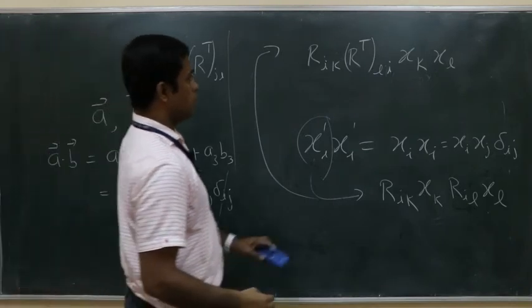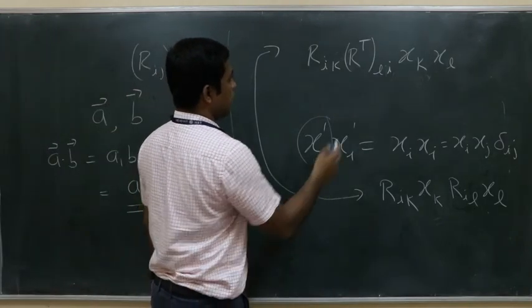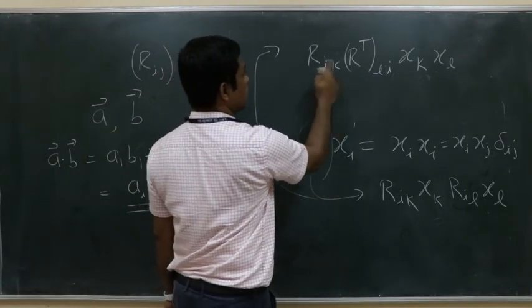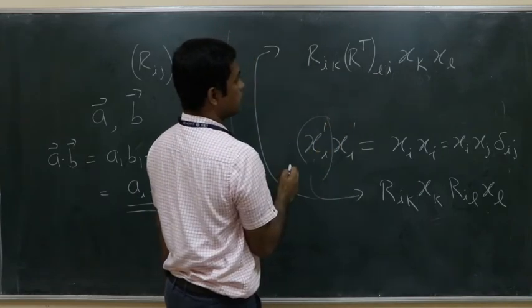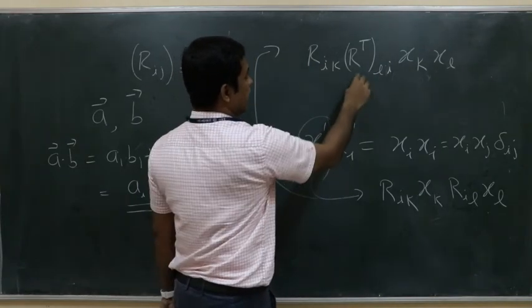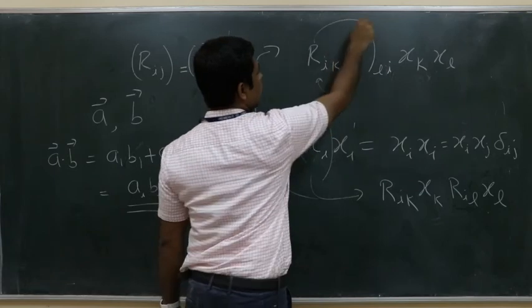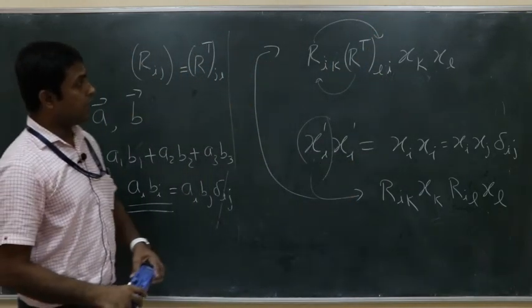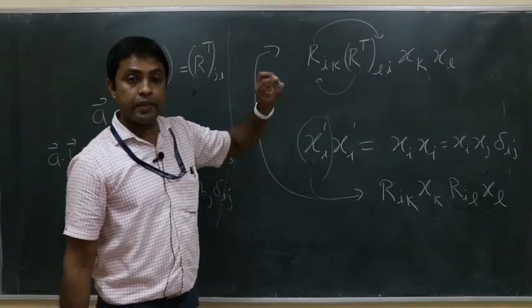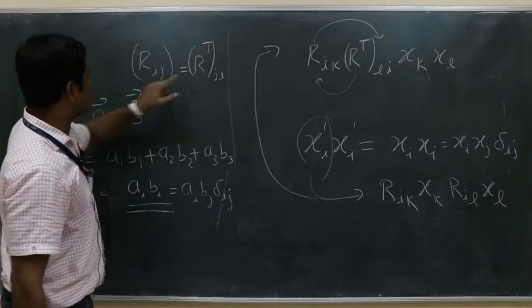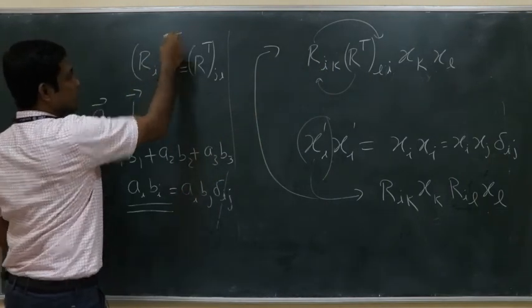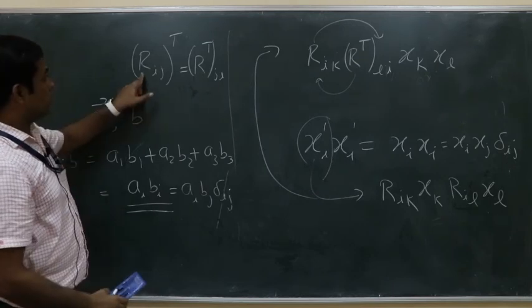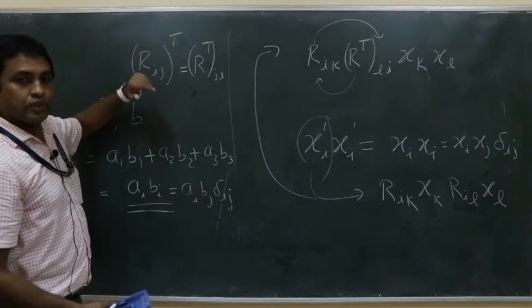Fine. So can I write this on the left hand side and this on the right hand side? Yes, sir. So remember that these are all just numbers. That's why it's important that I have written this, because here the transpose does not mean anything. Why? This is a number. The transpose of a number does not mean anything.